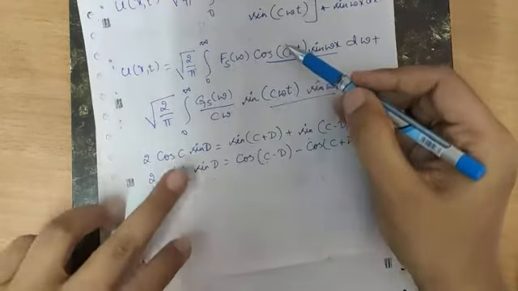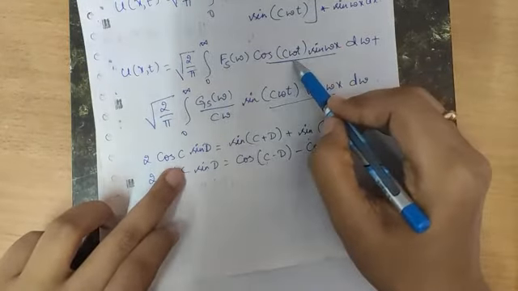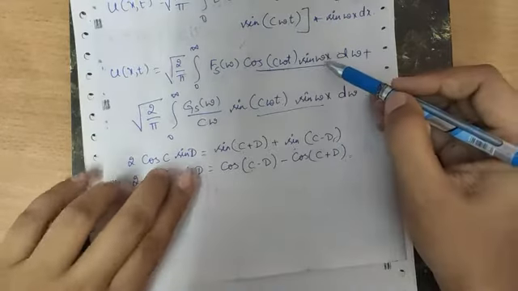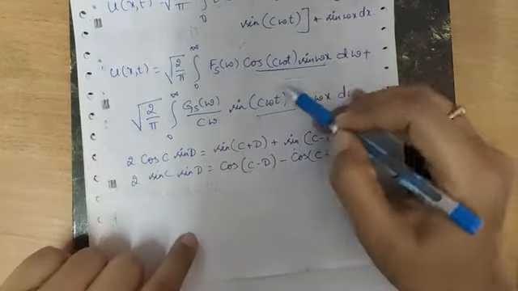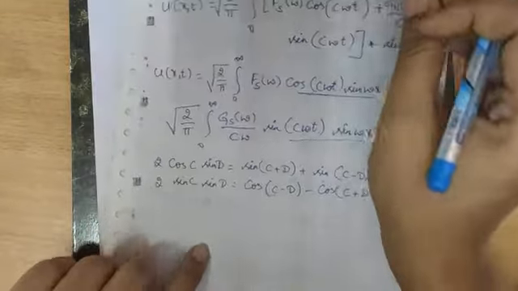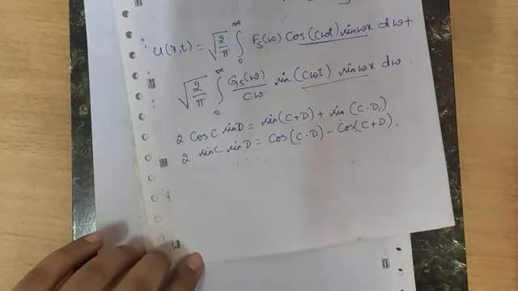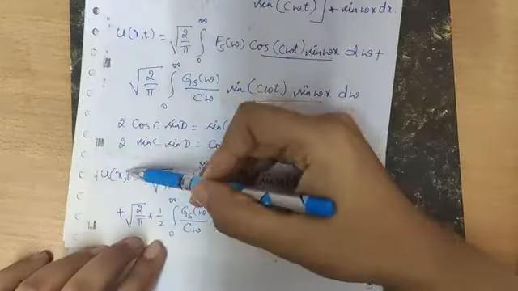Here the C value is cω t, sorry, ct, and the D value is ωx. So substitute everything. You will get, after substitution, u(x, t) is equal to